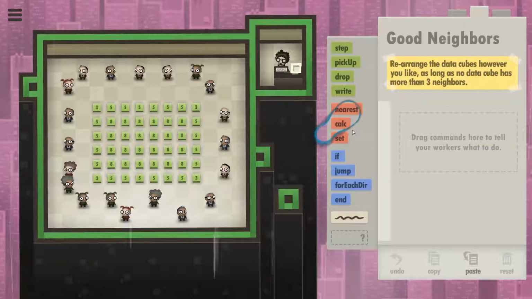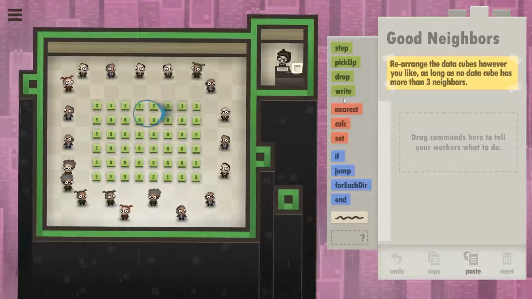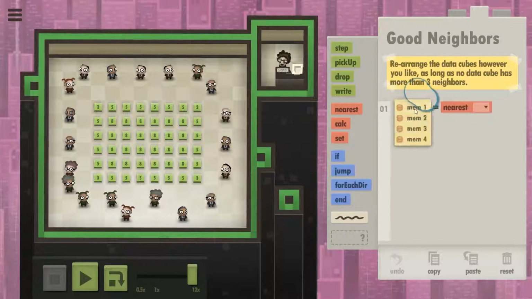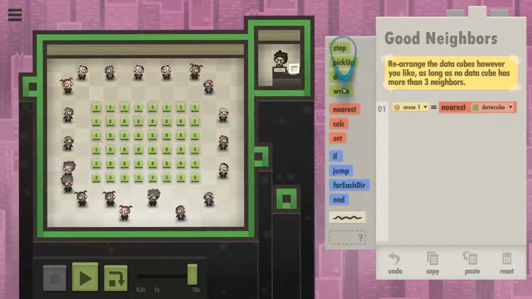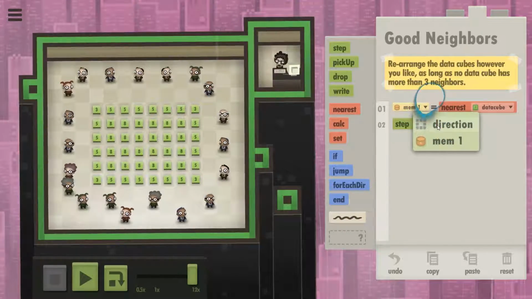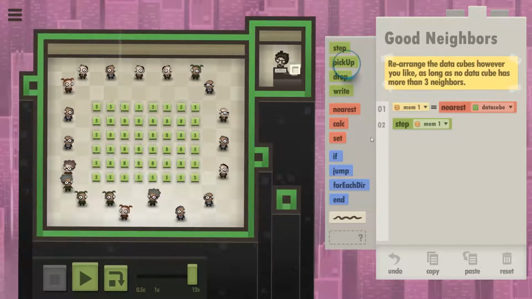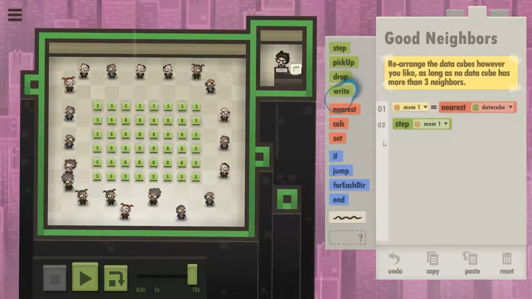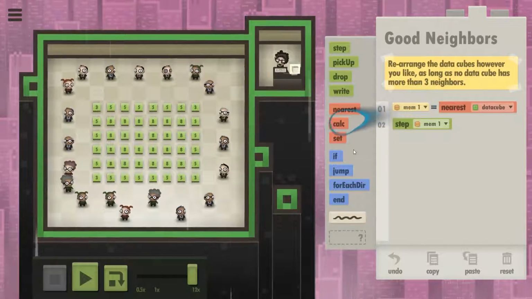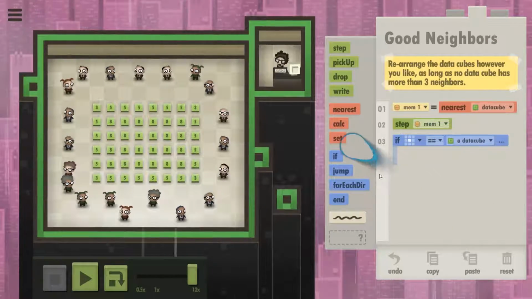the way we do this is we go... mem1 equals the nearest data cube. Everybody go to your nearest data cube. And what we are going to do is we are going to defend it. So if where you are is in fact a data cube,